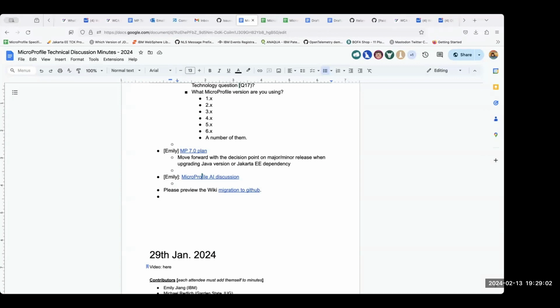I know in Jakarta EE, when they upgrade the versions, it is not a major version change. That is the meaning of the specification committee. But I say that's really wrong and worse.